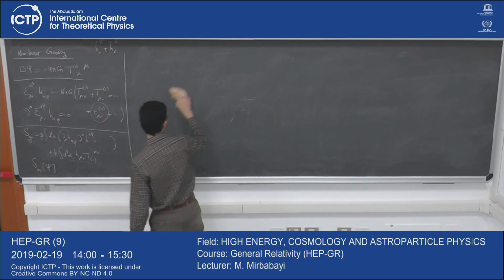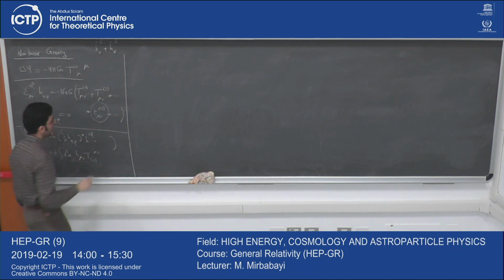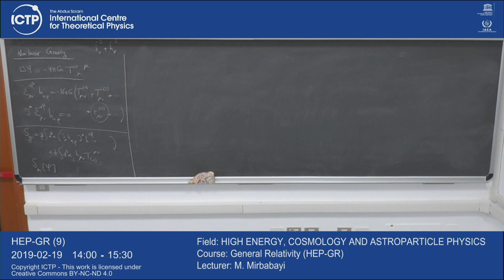Now, what is the meaning of these dots that I'm putting here? You might ask, isn't it the full story? And the answer is no, it's not the full story. Because, of course, we want this equation to be the equation of motion for this h mu nu field, right? So this equation has to be obtained by varying the action with respect to the h mu nu field,